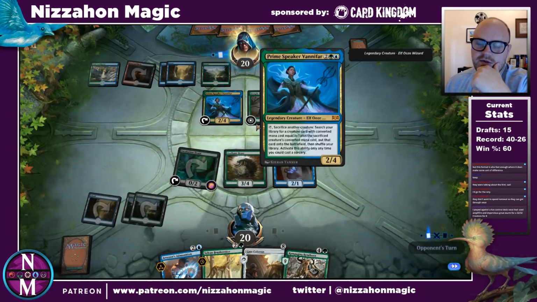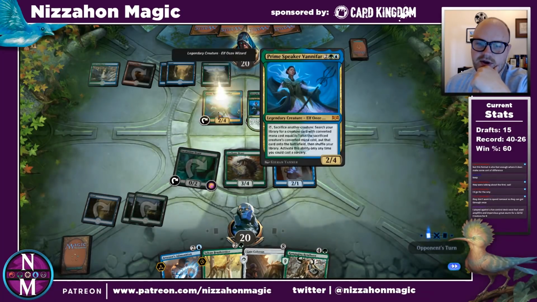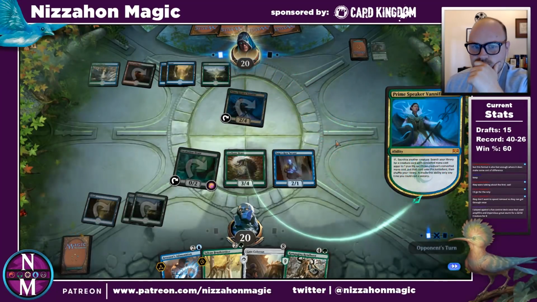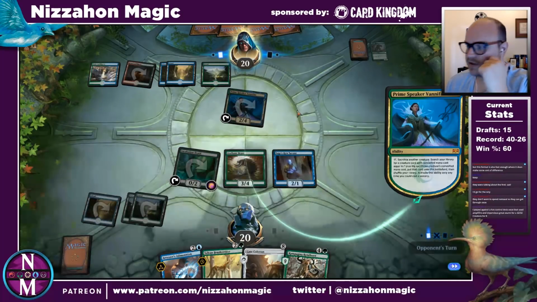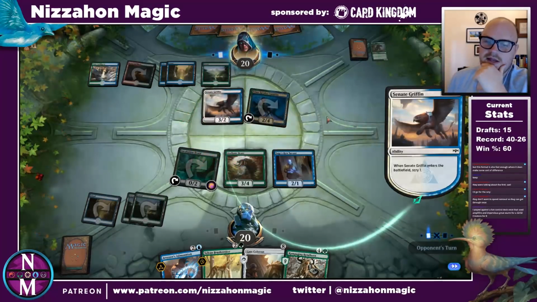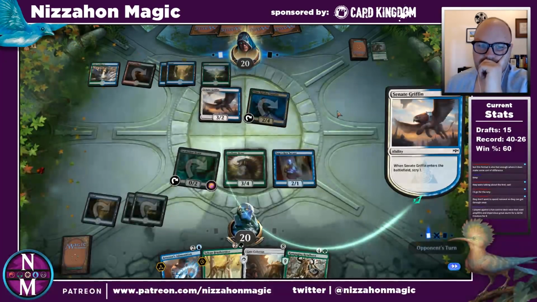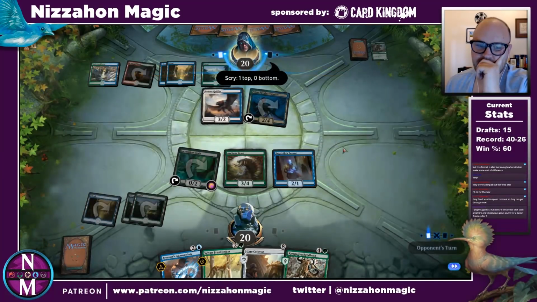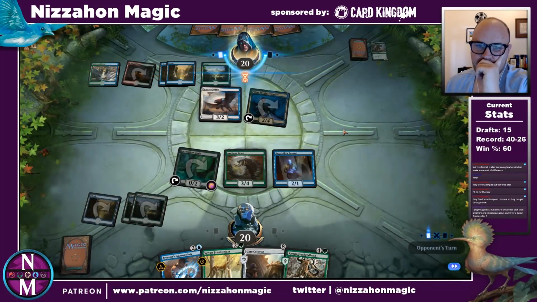Vannifar is so tricky. It'll be interesting to see if they can do something crazy here. They're going to try. It's going to be huge if I can bounce whatever they find. What could they be getting for 4 that would really bother me? Yeah, that doesn't really bother me. It's a little annoying. They'll get to scry again if I bounce it, for instance, but...